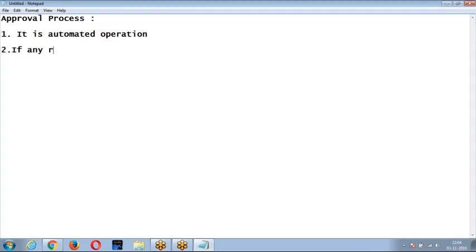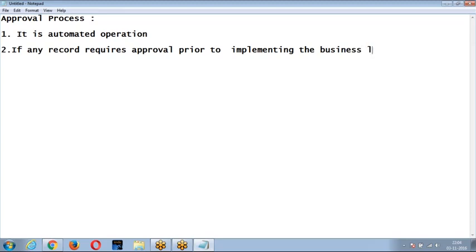If any record requires approval prior to implementing the business logic, we use an approval process. When you're trying to create an approval process, there are two types of